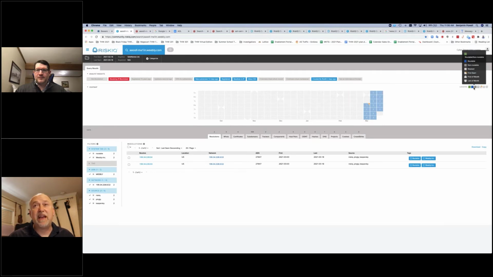Now on the right-hand side, this is the legend. If something is green, it means that it was non-routable and routable on the same day. If it's blue, it means that the IP address was routable. If it is dark gray, it means it was non-routable. And right now you're thinking, dude, it's the internet. If it's not routable, it means it's not going to be on the internet. You're not going to be able to see it. True, but we can see the IPs.